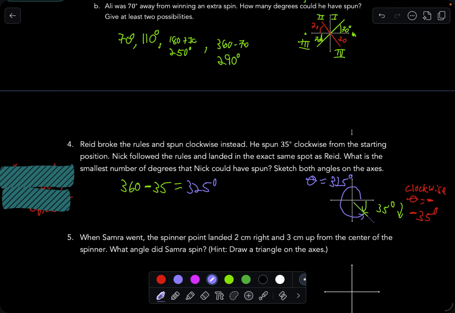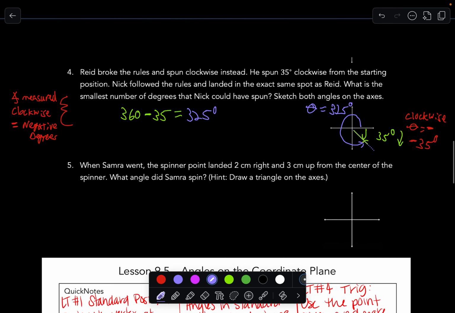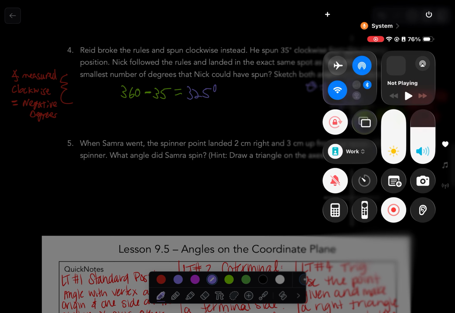So all this leads to this thing that you have to know. That is, angle measured clockwise equals negative degrees. Counterclockwise is positive. That's the sign convention. Okay, so when